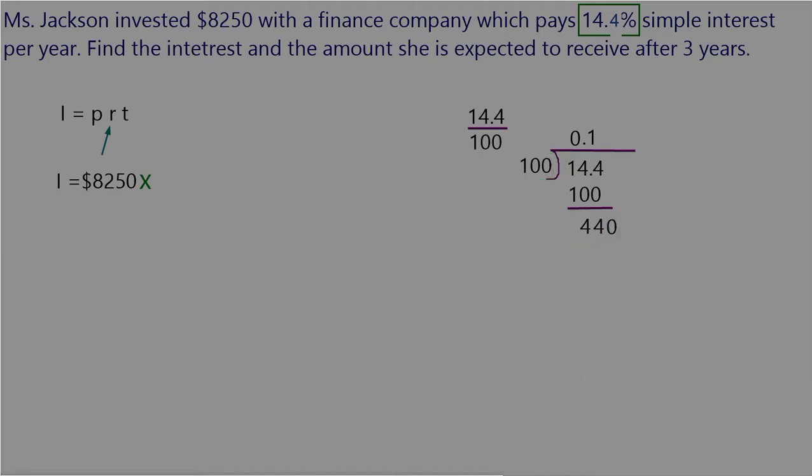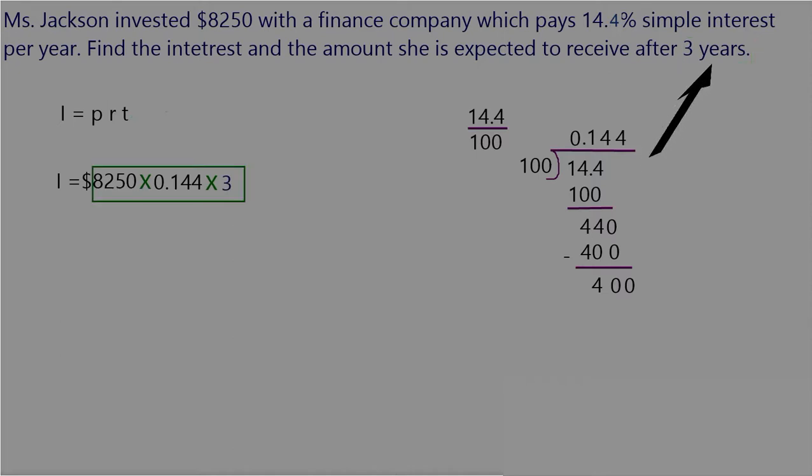440 divided into 100 equals 4. 4 times 100 gives 400. 400 from 440 leaves 40. 400 divided into 100 gives 4. So 14.4% as a decimal is just 0.144. The time in years is 3 years. So multiplying the principal by the rate, by the time, gives us a total of $3,564. So by the end of 3 years, she will receive